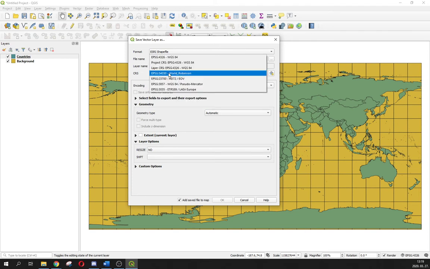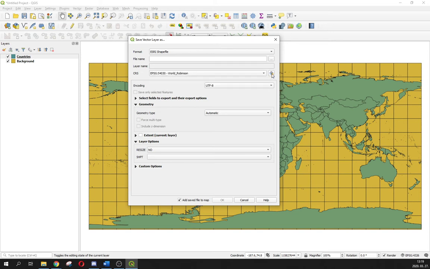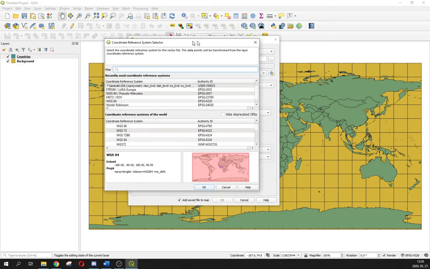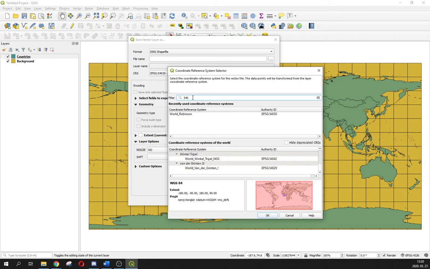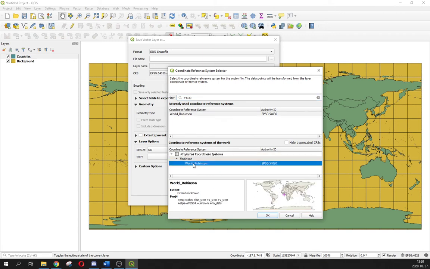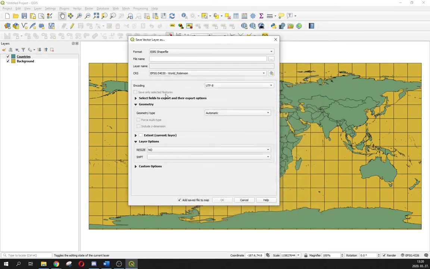If you don't see the World Robinson in this drop down menu, you have to click in the right hand side the CRS, coordinate reference system selector, and you should write the EPSG number of the World Robinson, 54,030, and you can select the World Robinson projection, and OK, and